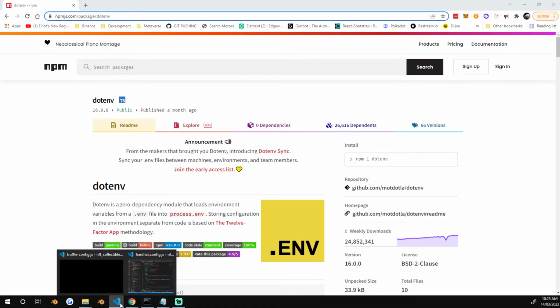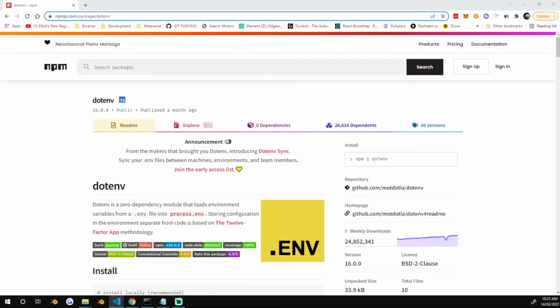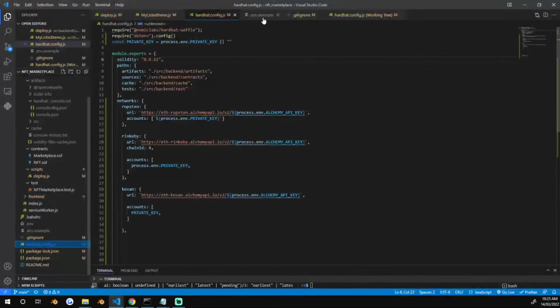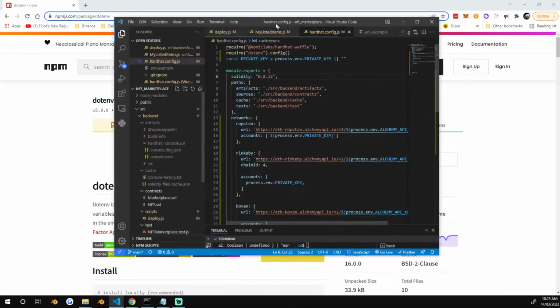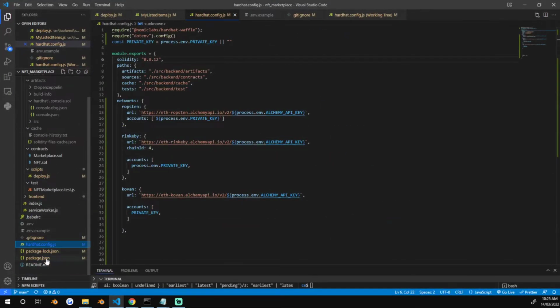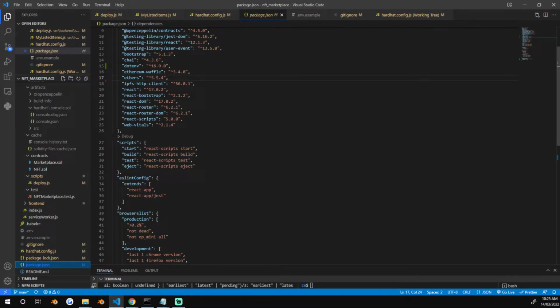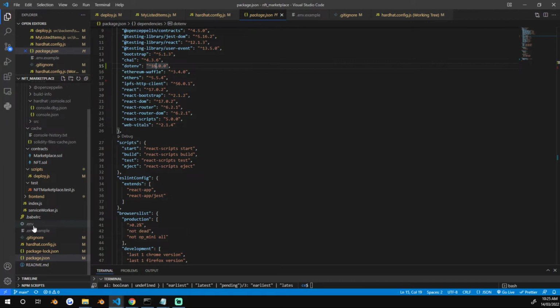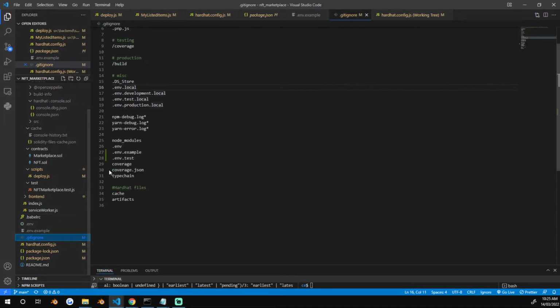Once it's run, you will see something along the lines of, in your package file, you'll see it added here. So I'm using the 16 version, which is the latest version. And once you've added that and it's installed, just go ahead and add the file .env into the root directory. And if you also haven't, just make sure that you add